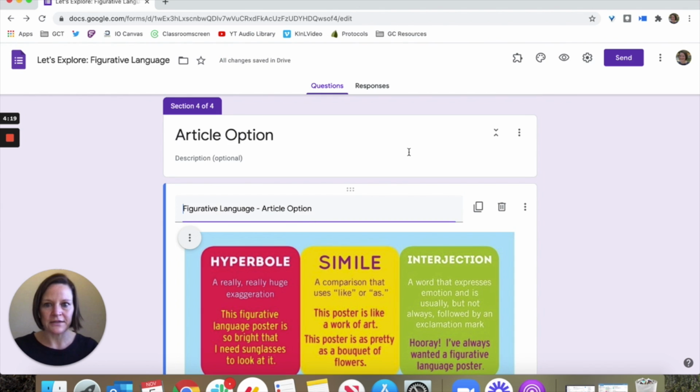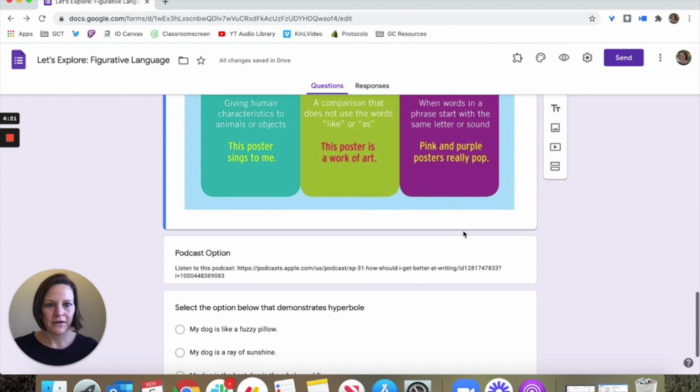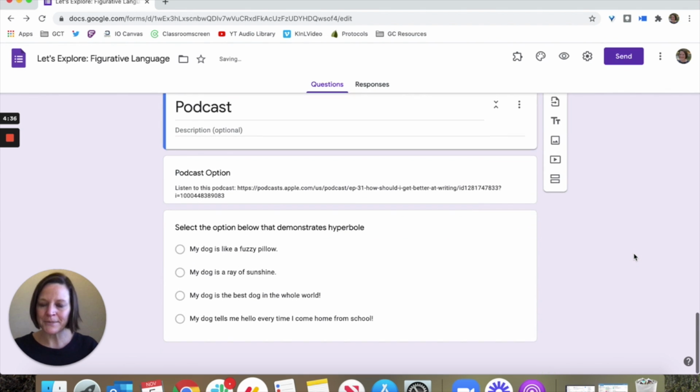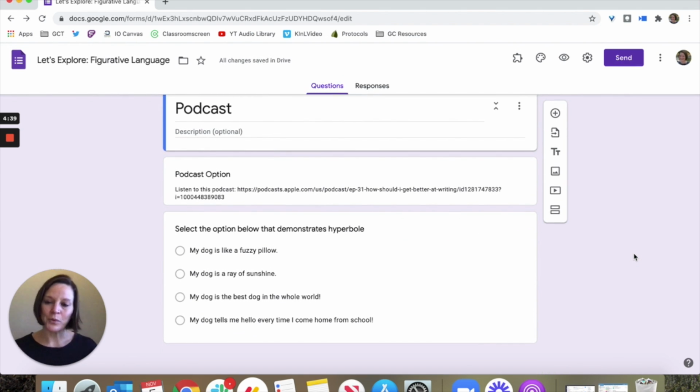So I'll go ahead and insert my section before podcast. Again, use that description space to give them some information about how you as the teacher would like them to engage with this option. And then the last piece would be after they have either watched the video, looked at my infographic, listened to the podcast,